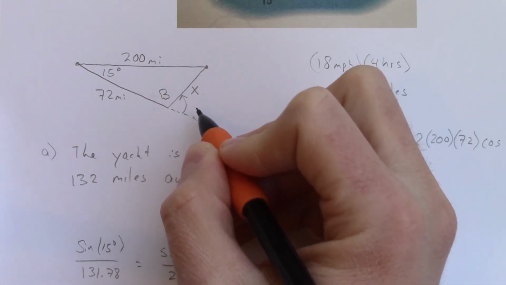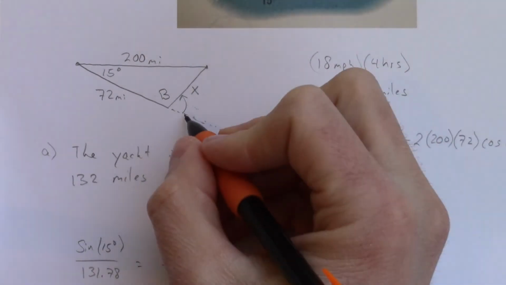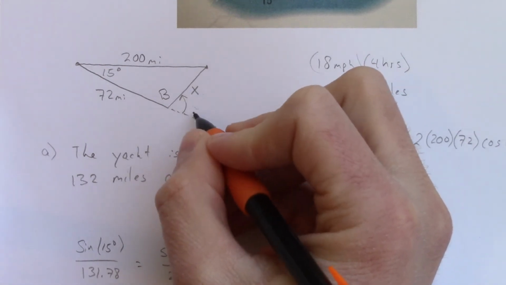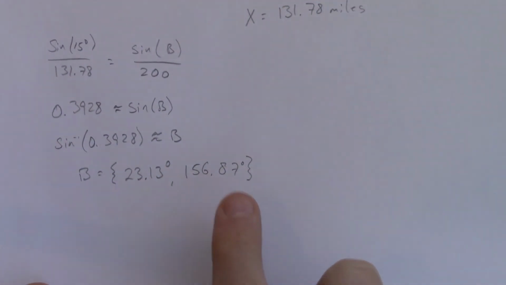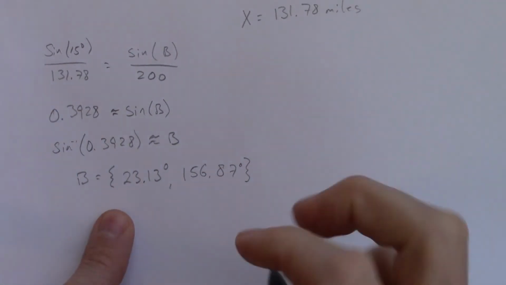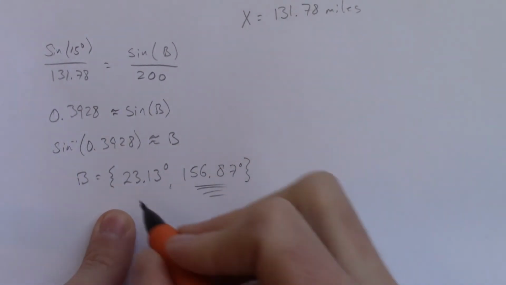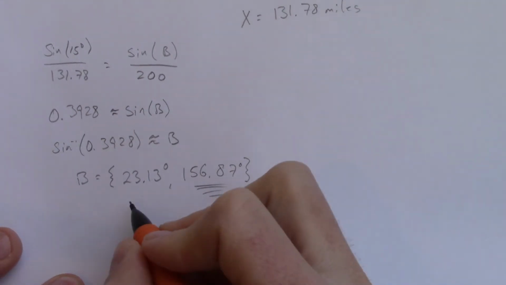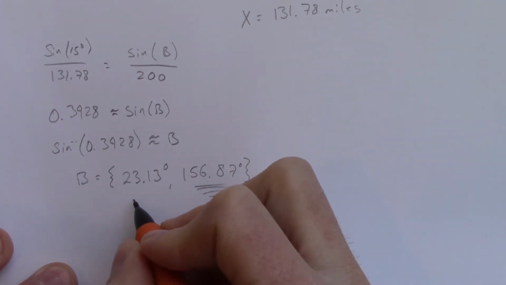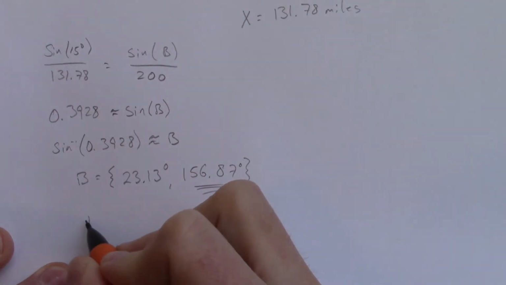I actually want that angle because that's the angle in which the boat needs to turn towards the British West Indies. But I just wanted to point that out because if you were to find both, this is the angle that's inside that triangle, and this is the one on the outside, or an external angle. So our answer is the boat must turn 23.13 degrees